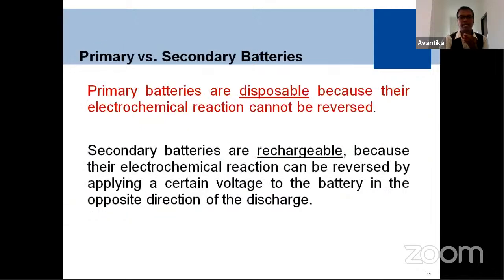This slide shows you the difference between the primary battery and the rechargeable battery. Here we have to really understand the basic concept. A primary battery is nothing but a disposable battery. We can use that battery, and after usage we have to throw it out. We cannot use it again. Whereas the secondary battery is called a rechargeable battery. After discharge, we can charge it and again use it for a particular time. So this is the main difference between the primary battery and the secondary battery.